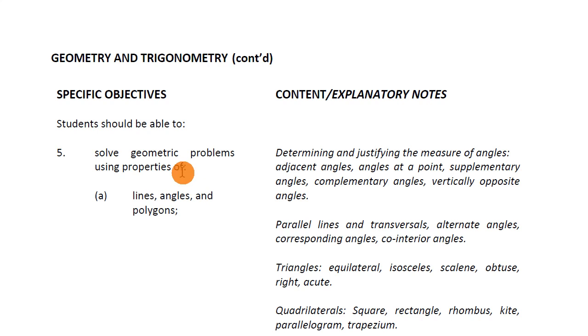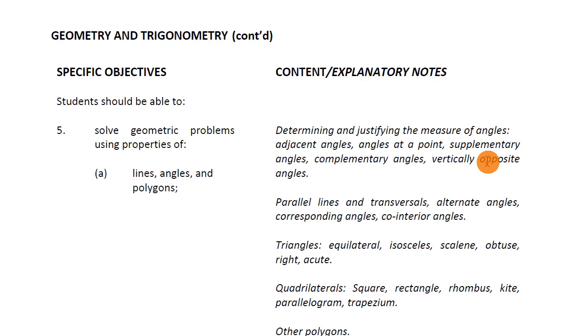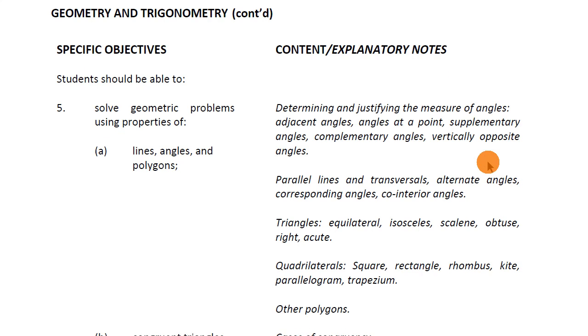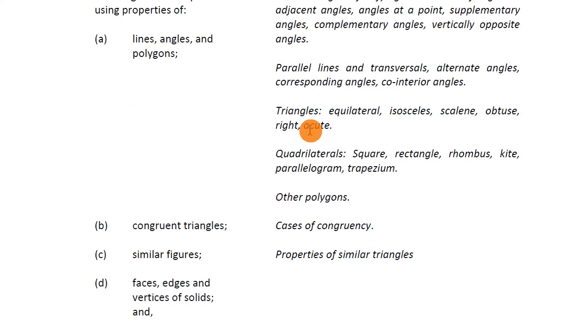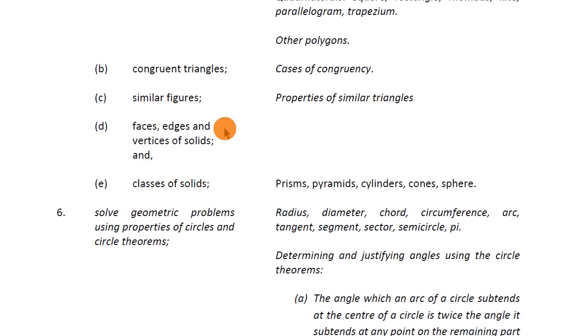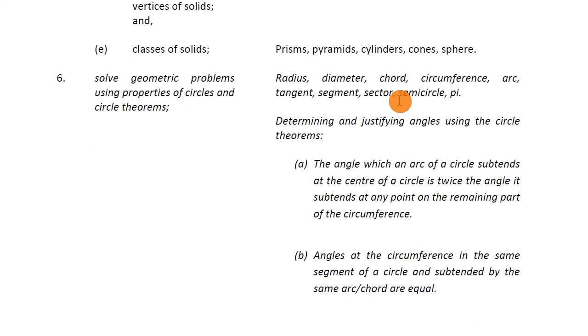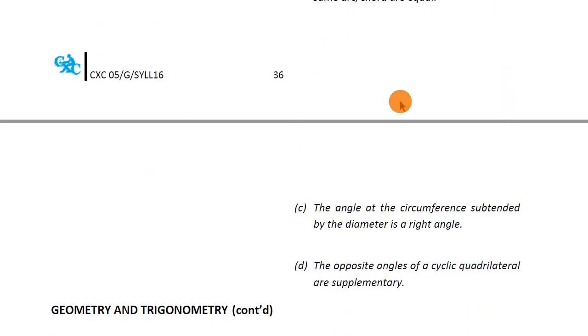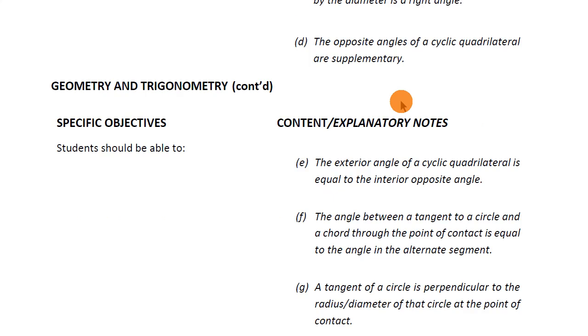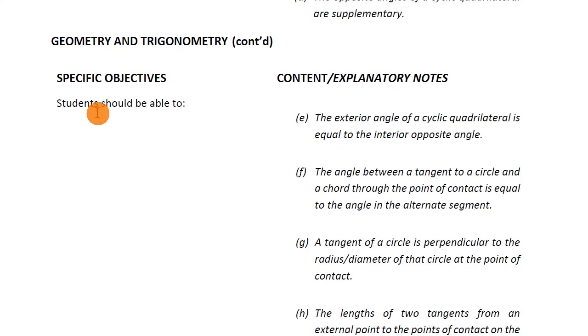And we continue here. Students should be able to solve geometric problems using properties of lines, angles, and polygons. Remember, you can pause the video at any time and focus on the contents. I'm skimming through. The basic category: solve geometric problems using properties of circles and circle theorems. Geometry and trigonometry continues. Specific objectives: students should be able to